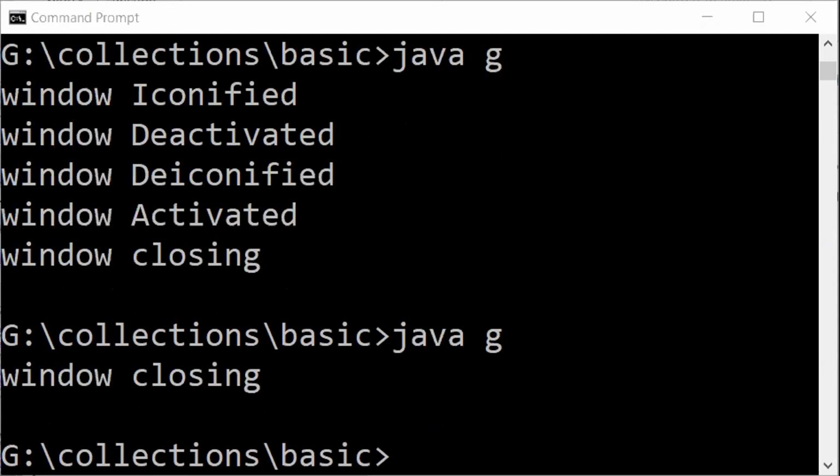I hope all of you have understood this concept, how to handle the different window events. Whatever your window generates, basically the window will generate a window event. So how to handle those events? This is a simple program. I hope all of you have understood. We'll stop here.